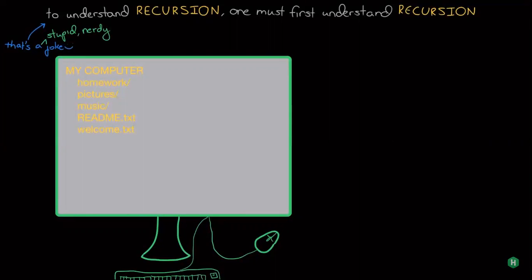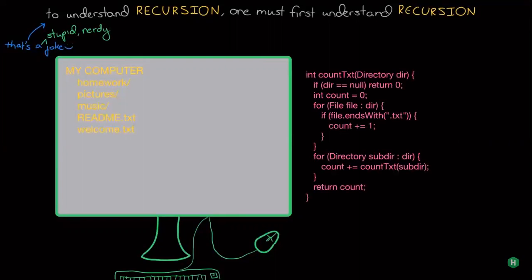So when we do it recursively, what we do is we say, okay, we might count how many files are in our root directory, but then we go and add up how many are in each folder, and we go and ask them in the very same process, hey, how many .txt files do you have? And they then know to go out and ask their subfolders, and so on and so on. And that's what recursion is. So in this case, what happens is the following. We first call my computer and ask my computer, how many .txt files do you have? It says, well, I have 2 in my immediate folder, but then in order to get my final answer, I